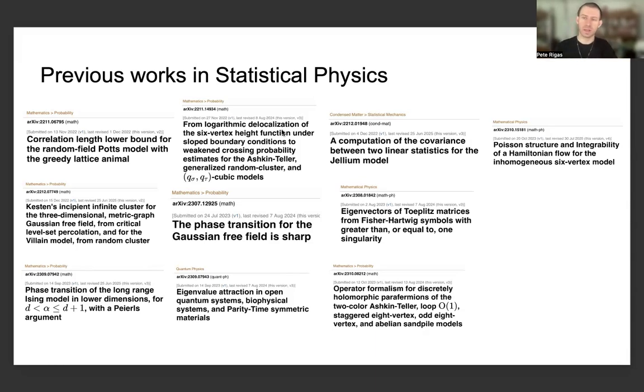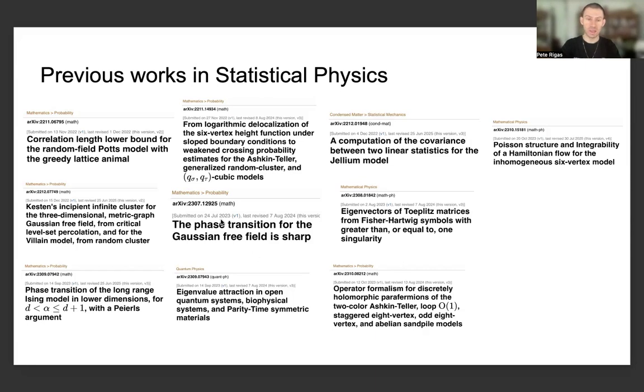And this is pretty much given by the fact that I had drawn the attention of the viewer to the fact that in the first presentation of this series, I've been describing a couple of works from statistical physics, namely the fact that I looked at a wide variety of models ranging from the random field Potts model to the six vertex model and the Ashkin-Teller models to the Jellium model, which is related to a model of the Reese gas, as well as to Poisson structures and how that relates to quantum scattering approaches